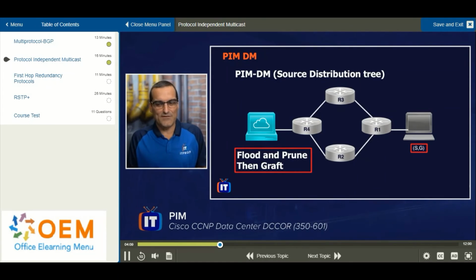Underneath the receiver, you see I have that S comma G in parentheses. That's what you would see in the multicast routing table for the PIM dense mode sources. For every source, there's a specific tree that is built for the group of multicast. And this is where it can get